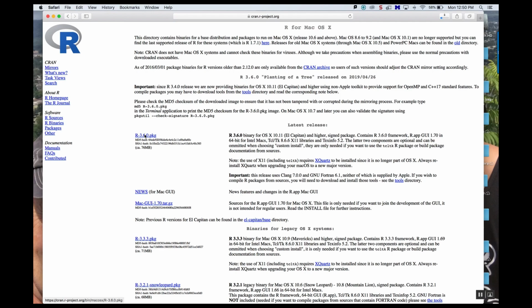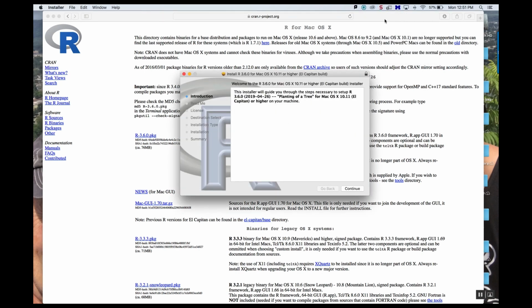It's going to download like usual. We're just going to wait for it to download. So I'm just going to pause the recording while I find it in my downloads. Awesome, so I found it in my downloads, and once you double click on the installer, just like you do